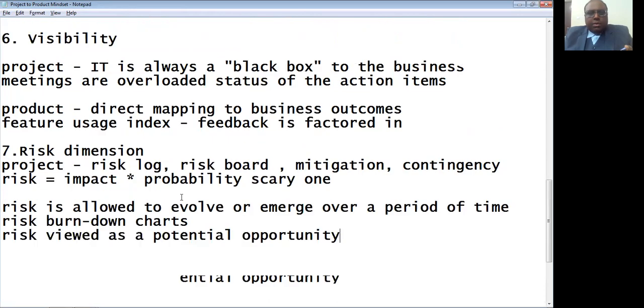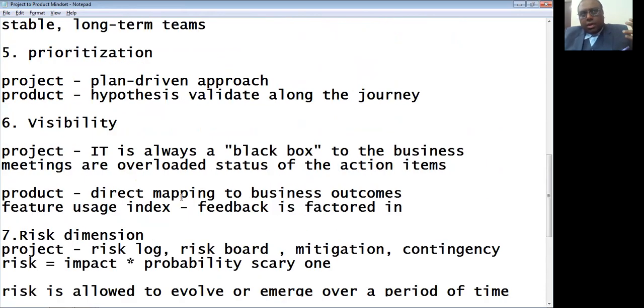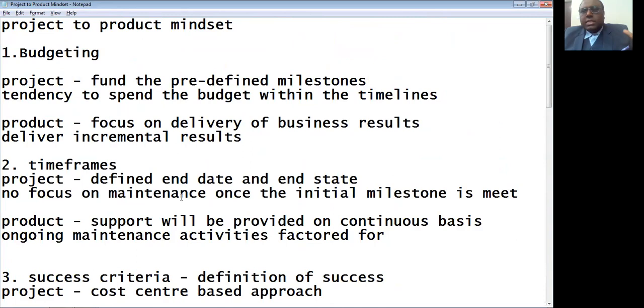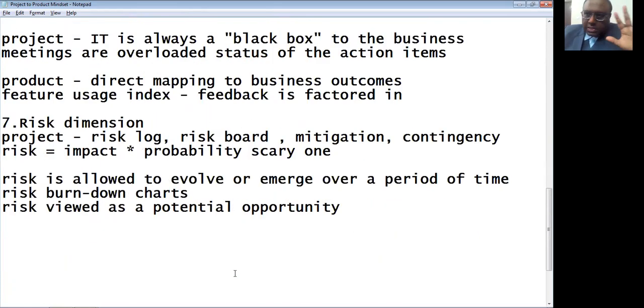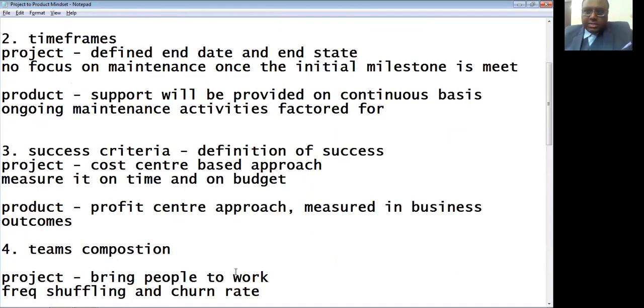So in this video, all that I was trying to tell is, whenever you are having a situation of project to product mindset, first define some parameters. I'm not saying that you need to take all these 7 parameters only. I am saying something out of my experience. You can still change the parameters, but fix the parameters, and then define what is a project versus a product. If we do it like this, you will have more breadth of the subject and also the depth of the subject.